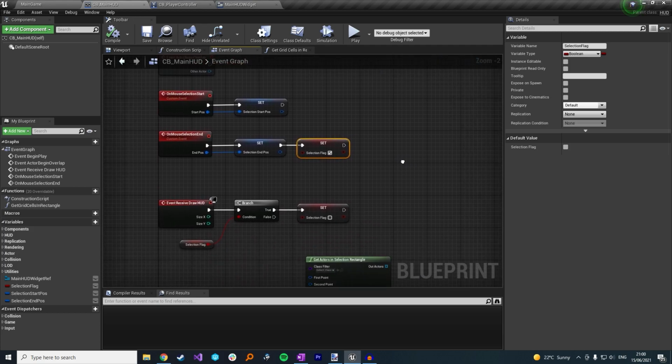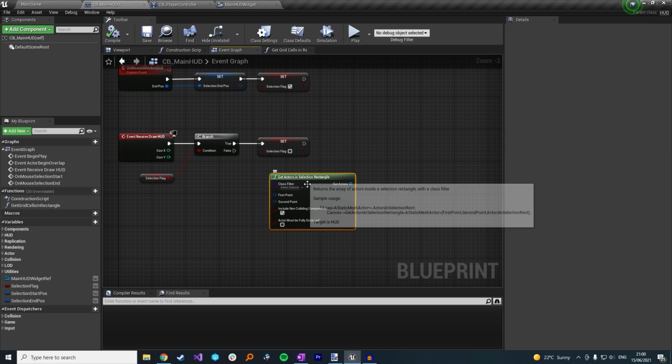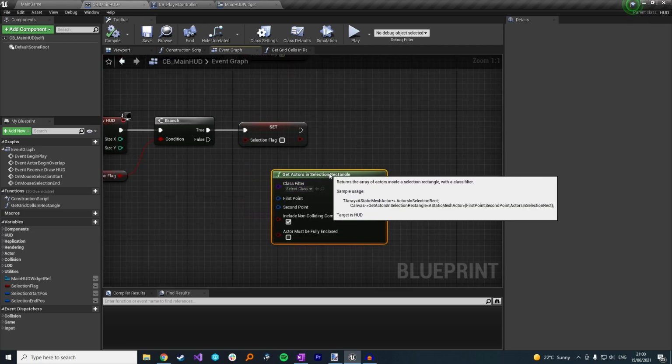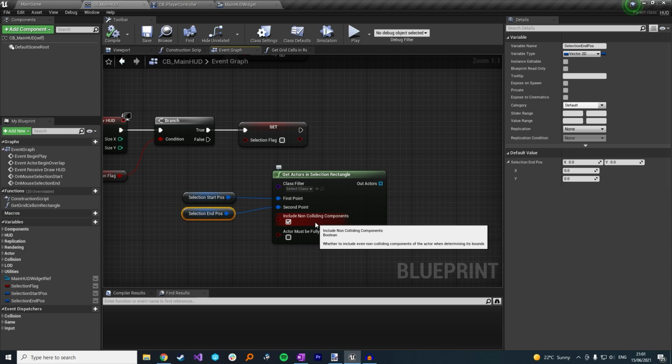So let's just compile that. And now for the actual functionality. What we can now plug into this get actors in selection rectangle, we can put in our start position, and we can also put in our end position, like that. And then there's a couple of other parameters on here. You'll see this include non-colliding components. If you tick that, basically it doesn't matter whether that component has collision on it or not. It will still